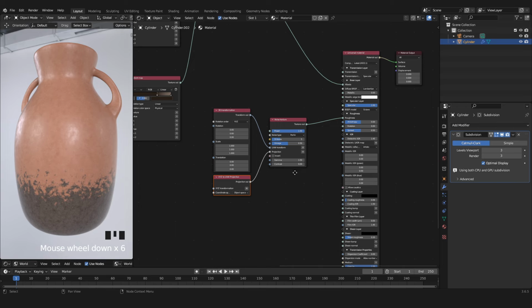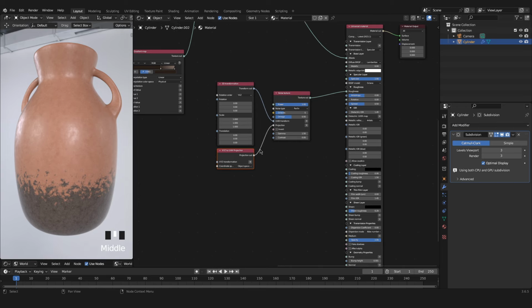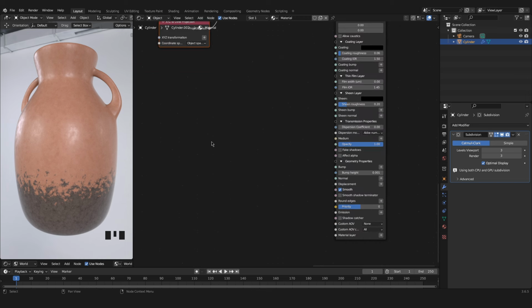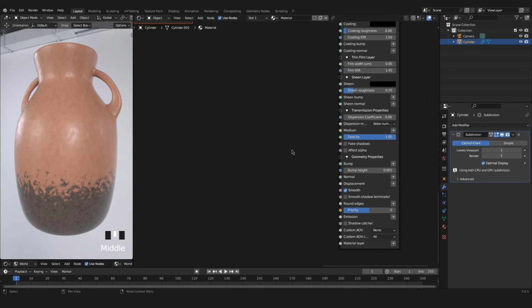That looks great. And now we can continue because we still want a much rougher surface, or we want some surface imperfections basically. And for this we will use bumps. The bump map is basically a light displacement on the surface of our object, and we want to manipulate the surface of our object. So in order to get this, we will take a mix texture node again up here, and we take the texture out of this one and plug it into the bump of the universal